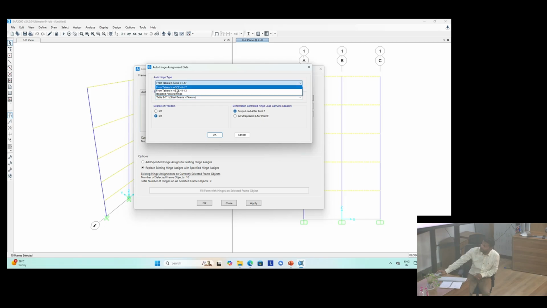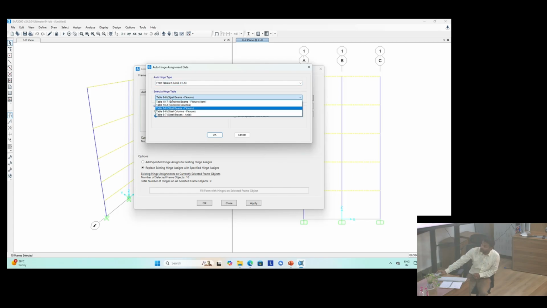So here you can see the ASCE table. So I am choosing the table, that is 41-13, and here you can see this is the type of members what we are going to choose. So here we are